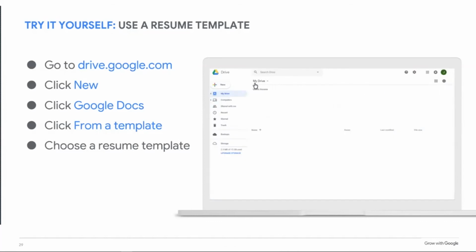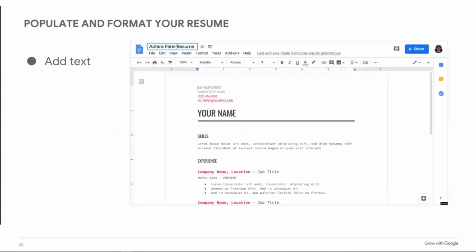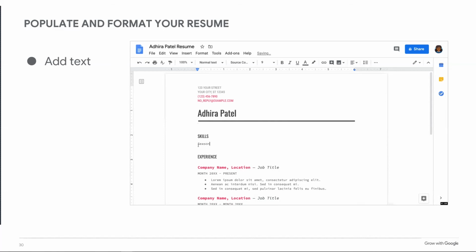So once you've opened the templates and decided on your template, we're going to use this particular template. We need to rename this just like we did the other one. So instead of having it say Docs template, we're going to change that to our resume. And then we're going to change the information. All of the information in the template is basically filler information. We have to go in and add our information so it matches what we're looking for.